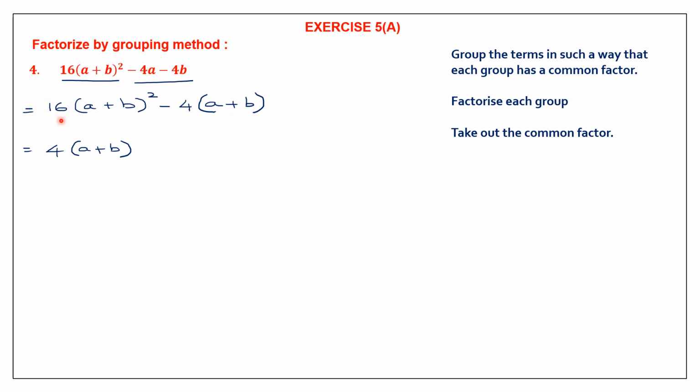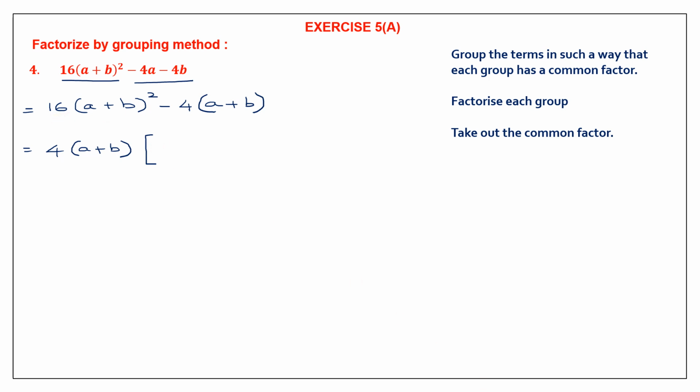So this also has 4 in it. This is also 4. So I've taken out 4. Here we have a plus b square. That means one a plus b I've already written here. And this a plus b. So it's common. So 4 into a plus b is common. Now let's write what is left. So what is left is from the first term, since we already have 4, 4 fours are 16, so we need